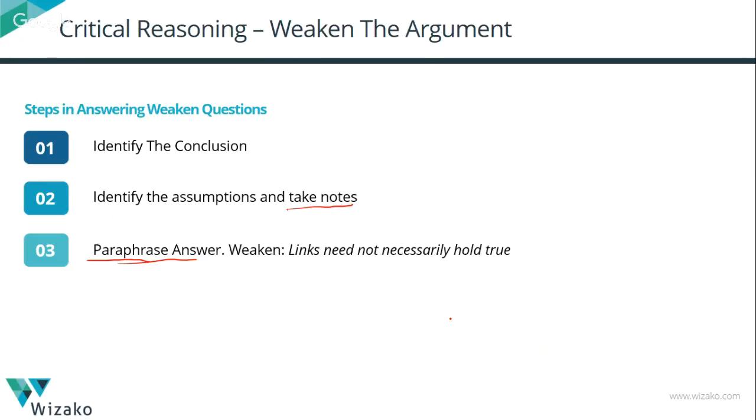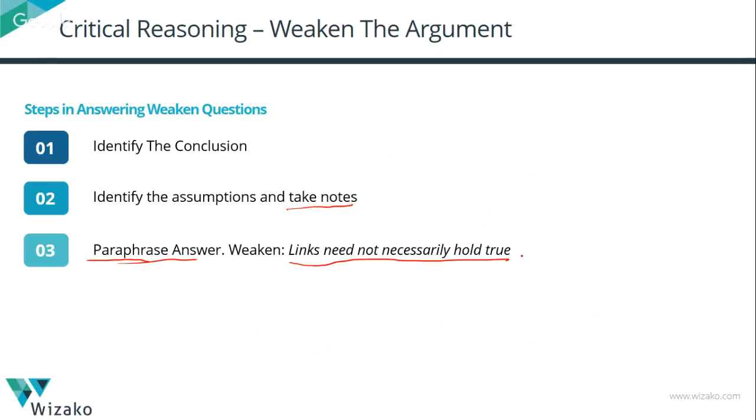So I want to weaken my argument. I want to say Sunshine University need not get rid of its online program, or that getting rid of it is not going to increase its reputation. And I need to do that by either pointing out that there is no quality difference between the online and the offline programs, that what the one recruiter thought is not necessarily what all recruiters thought, that there is necessarily no decrease in proficiency of the offline students just because their applications have come down, or the job offers they are not getting is because of some other factor, has nothing to do with the online program itself. All those links that we identified, establish that the links need not necessarily hold true. That's your paraphrasing. This is what I want my option to say.